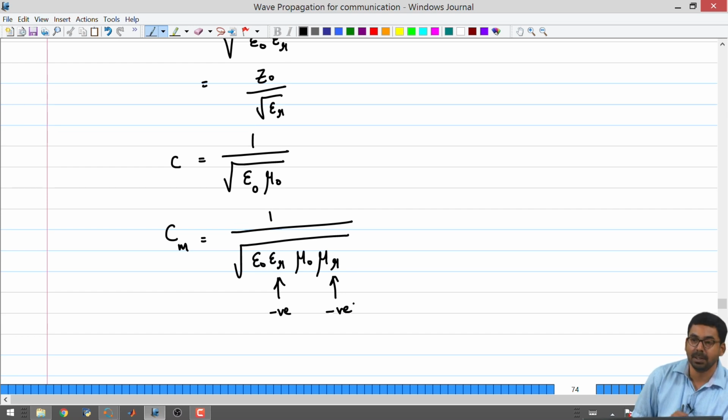They try to see if they are able to create materials which have negative epsilon r. What does epsilon r negative mean becomes a big physics question. What does mu r negative mean will become a big physics question, but this much is clear as of now. If I write down the velocity in this format, there are two negative numbers in the denominator, they should perfectly give rise to a finite positive velocity. So the wave should travel from one side to another side.